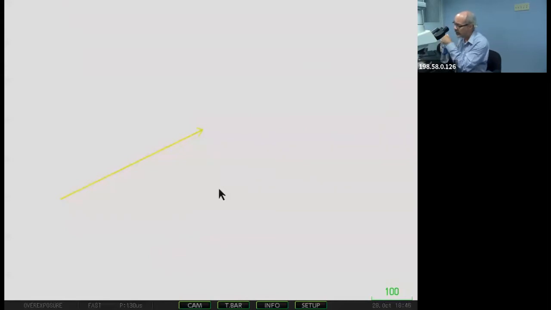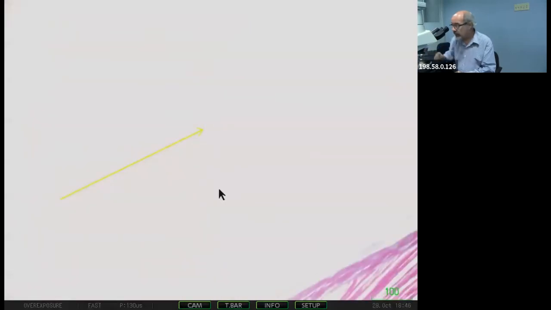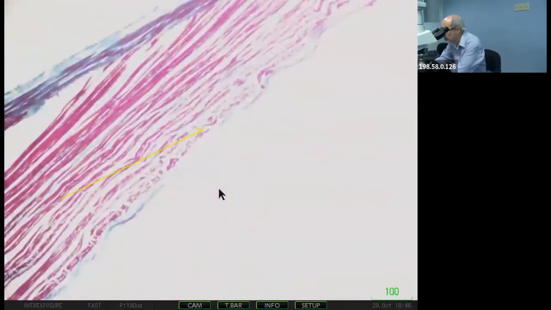Your muscle fibers will be organized in fascicles, and each fascicle will be surrounded by what? By your perimysium. Now, each individual muscle fiber will be surrounded by your endomysium. Okay? If we look at the area which corresponds to the junction between the tendon and your muscle, it's called the musculo-tendinous junction. So you have a structure which is the musculo-tendinous junction.